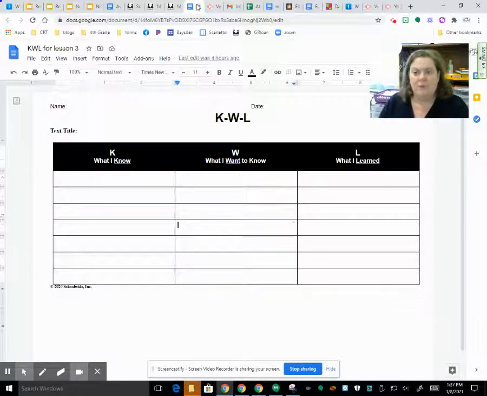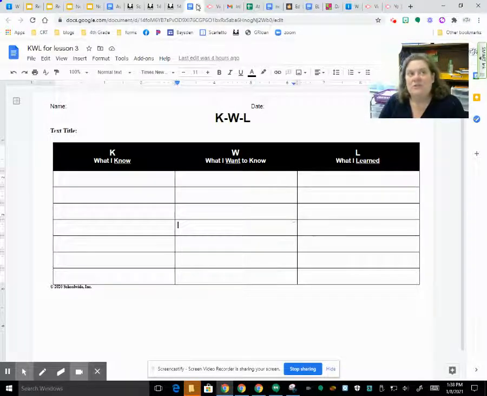So if you do it on paper or in your notebook, then you are going to snap a picture. I need to be able to read it. I want to see what you wrote. You're going to snap a picture and attach it. If you write in this in the digital copy, there's no problem with that. I'll be able to see. Everybody will have their own copy.